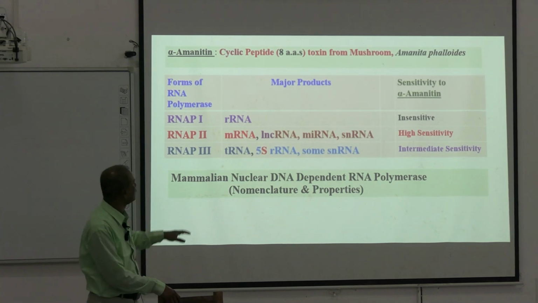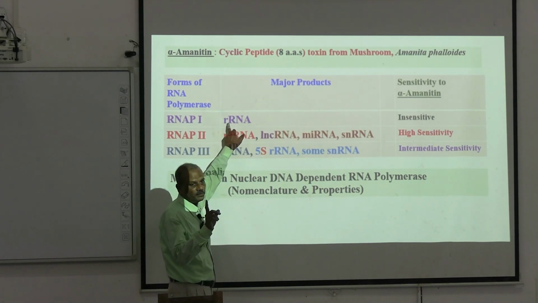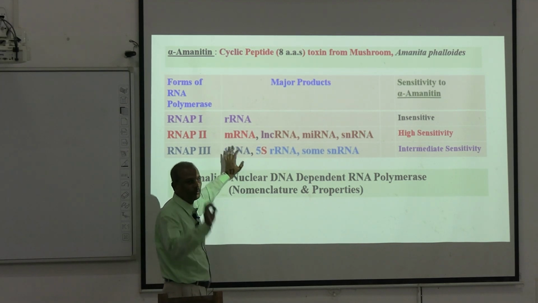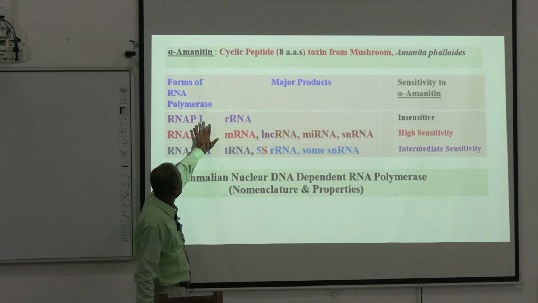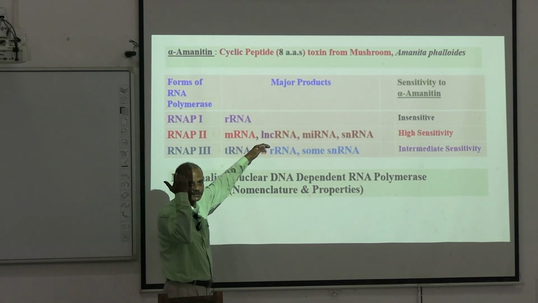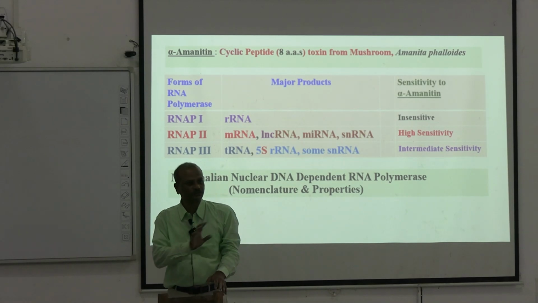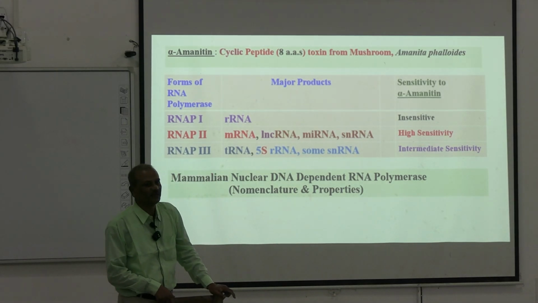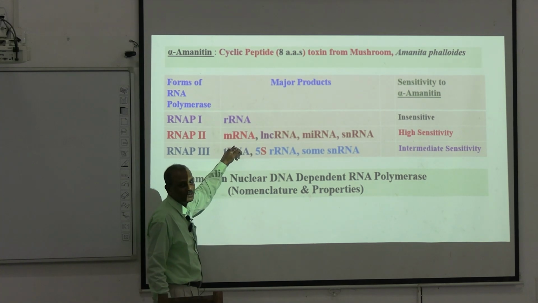Now I want to do a research activity. I want to see whether rRNA is formed from RNA polymerase 1 or not. We add RNA with RNA polymerase 1 only in one test tube, and in another test tube the same quantity with alpha-amanitin. In the tubes containing alpha-amanitin, since this polymerase is totally insensitive, there will basically be no change.